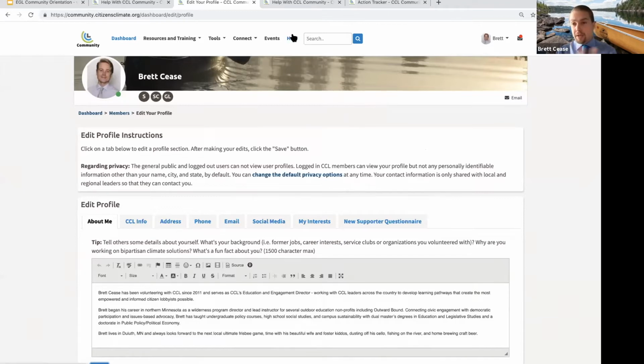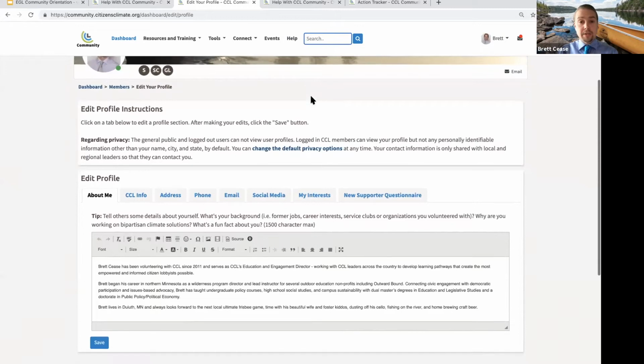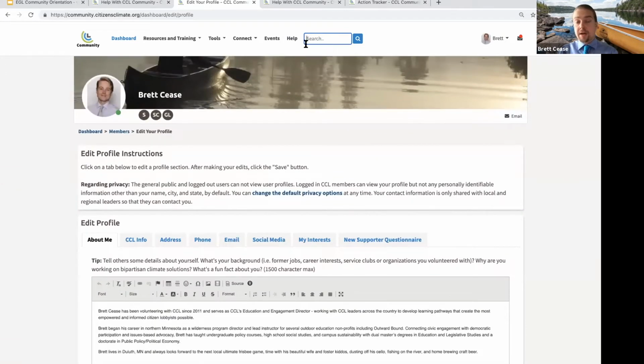The other thing that people often are curious about when they say, hey, I'd like help just getting the basics or navigation style, is leveraging the power of search. So basically on any page, you can also see in this top main nav bar, the search field. And let's just say that I was really curious. I wanted to know about the co-sponsors on the Energy Innovation Act. So I'm just going to type in co-sponsors.